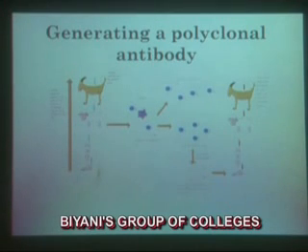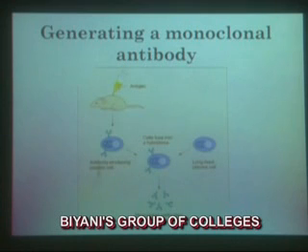But if you want a very specific monoclonal antibody, and if you want an unlimited stock, then you can make a monoclonal antibody in mouse. You inject your antigen or protein into the mouse, take the antibody-producing plasma cells, and fuse them with long-lived plasma cells to make a hybridoma. Once you have a hybridoma, you can put it in culture and just grow it, and take the antiserum, and that is a monoclonal antibody, an unlimited supply. And if you are lucky, that is it.